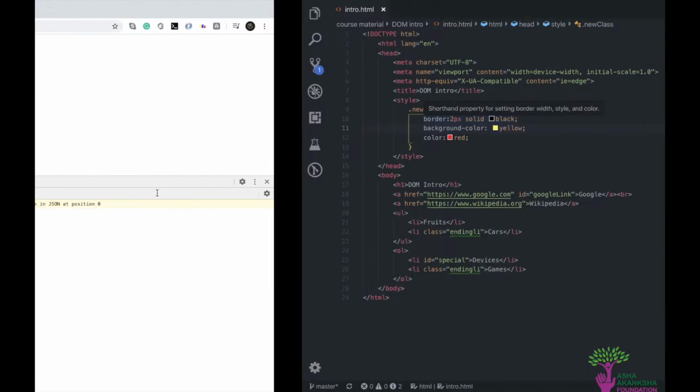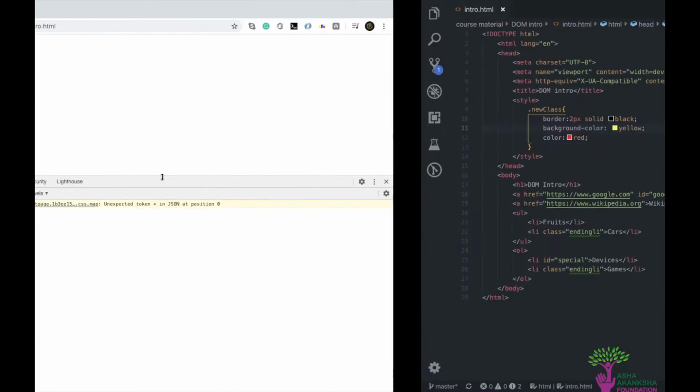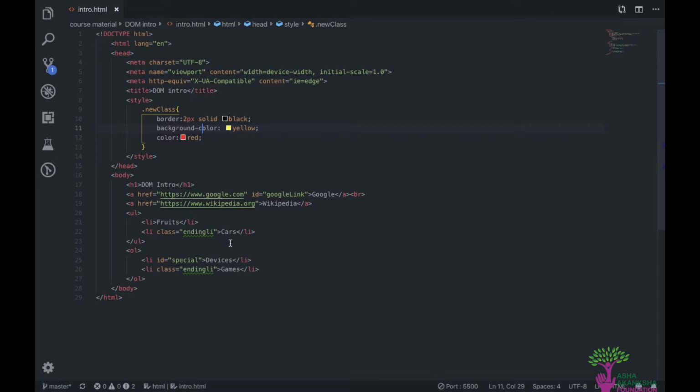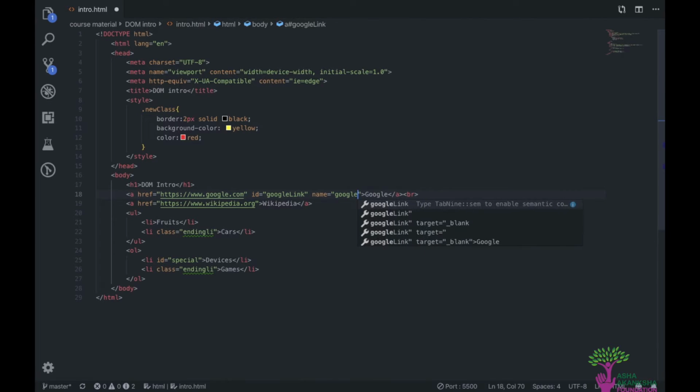Let's say there's this class and ID here, so there's no very big thing. Let's say I added a name to this a tag for some reason, and you haven't seen the use of name yet, but don't worry, we'll get to that sometime. But for now, you can see that name is just an attribute, right? So I'll give it the name of, I don't know, Google. And if I go back here,